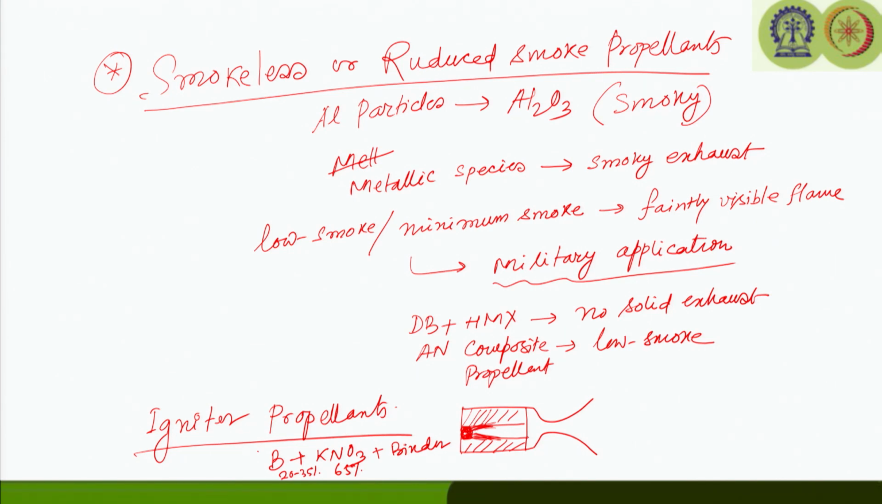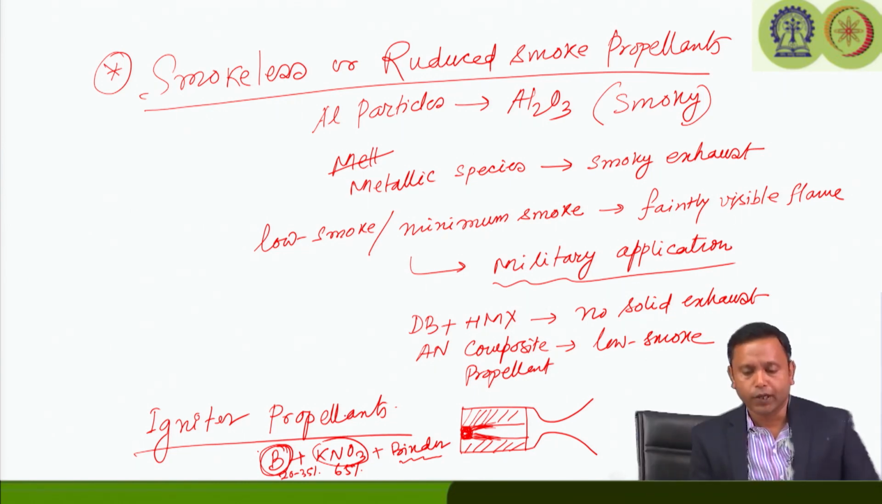Now, the binder typically may include epoxy resins, graphite, vegetable oil or nitrocellulose, but the common fuel is boron particles and the oxidizer is potassium nitrate. So, these are the various categories of propellants we have talked about, starting with the homogeneous propellants, then heterogeneous propellants, then based on the applications, smokeless or reduced smoke propellants, and the